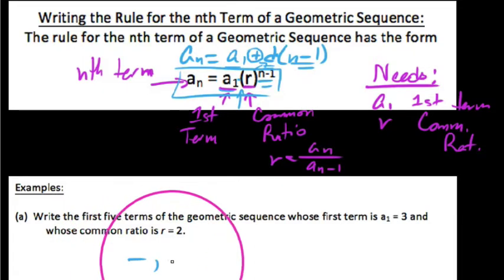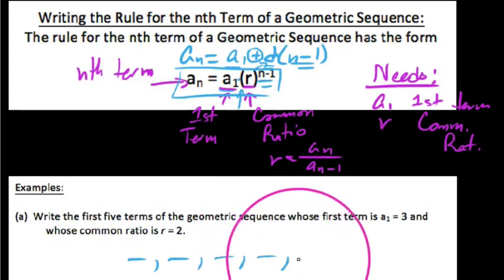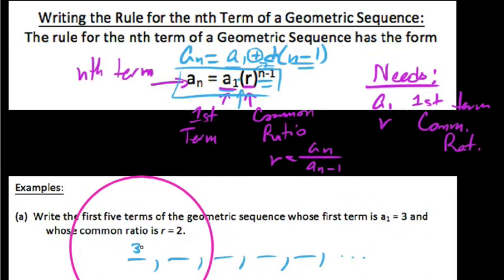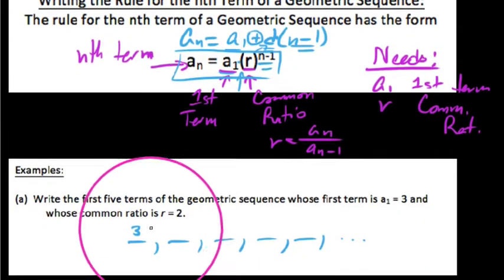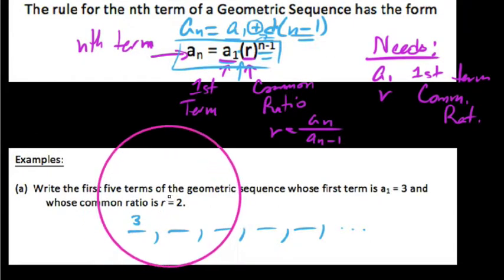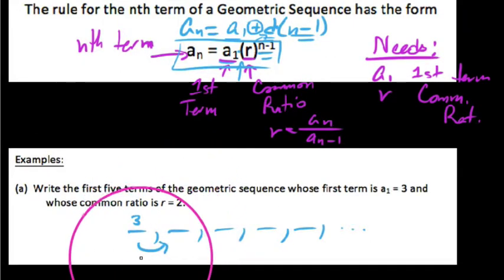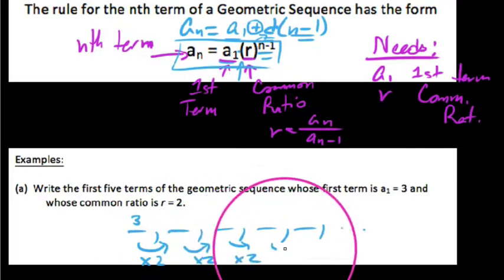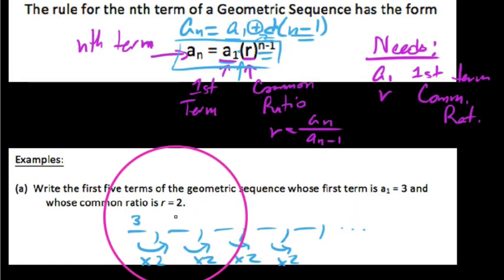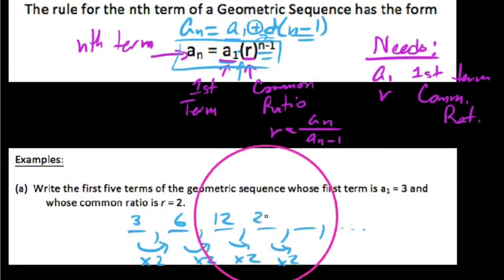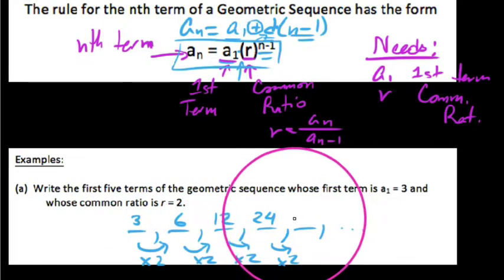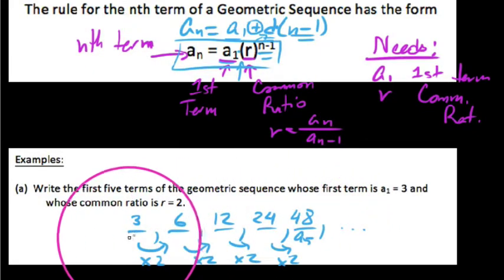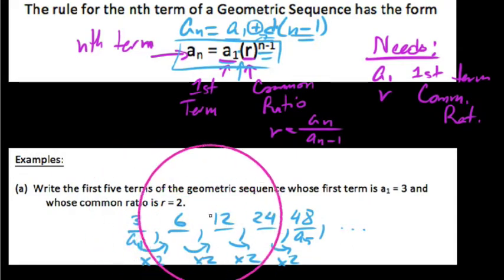So first things first, I just want to see that we understand what is being entailed here. We say that the first term is 3. So you can see how this is really essential information, as well as the fact that the common ratio is 2. So if our common ratio is 2, what this means is we are, in a geometric sense, multiplying by this common number every time. So if we're doubling every time, we would get 3, 6, and then this would be 12, and this is 24, and we get 48. And so those would be the first 5 terms, all the way up to a5 from a1. Okay, so we didn't want to write the rule on this one.